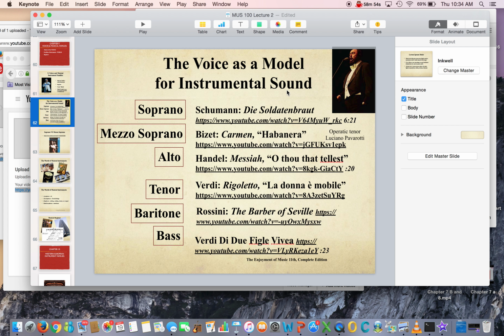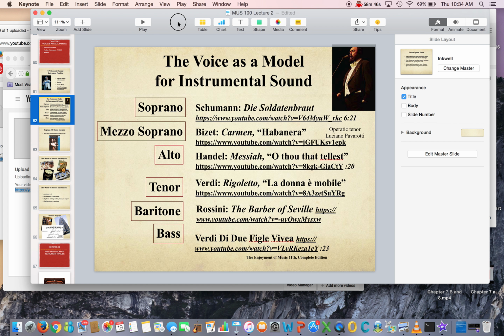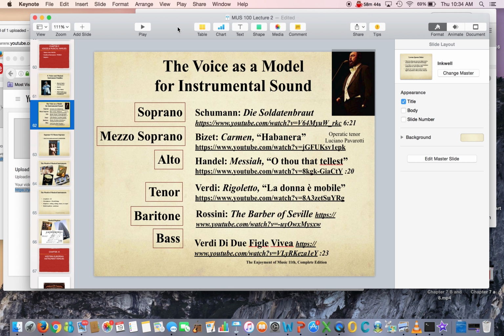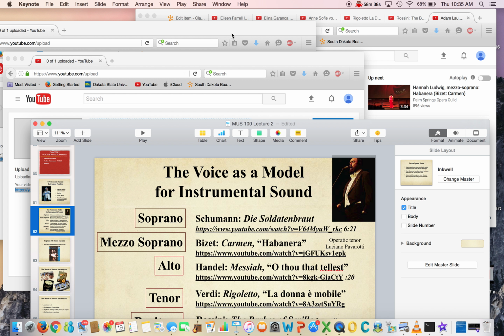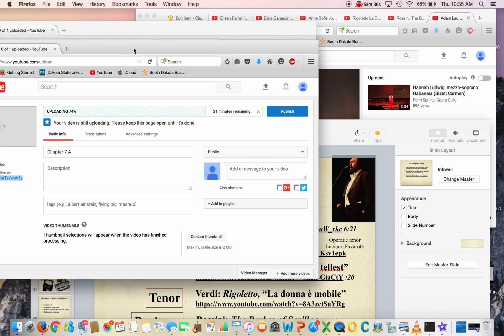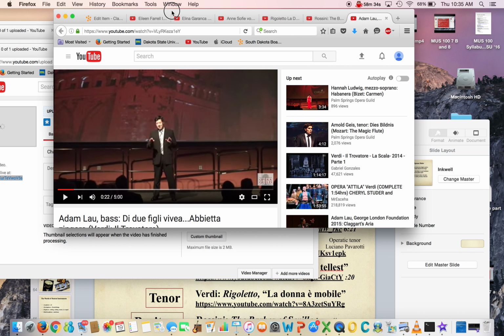Now I'm going to go through all of the voices so you can hear a little example of each one, because you will have to listen for these on the exam and be able to say, oh, that's the soprano, or oh, that's the mezzo or the alto, the tenor, the baritone, or the bass. Okay, not all of them, but you need to be able to know them. Okay, so over here,